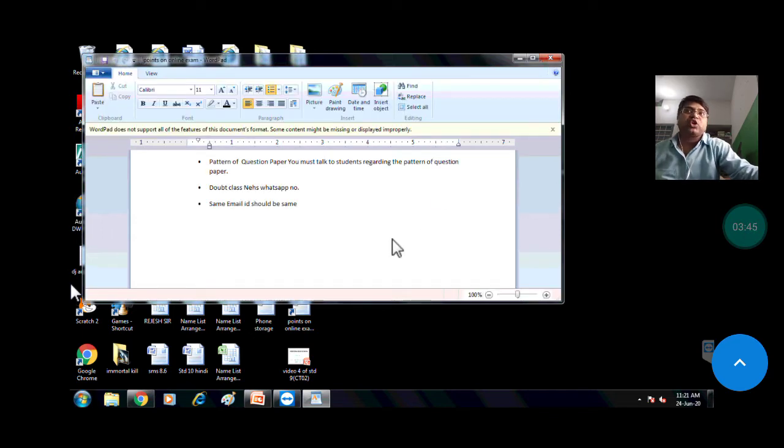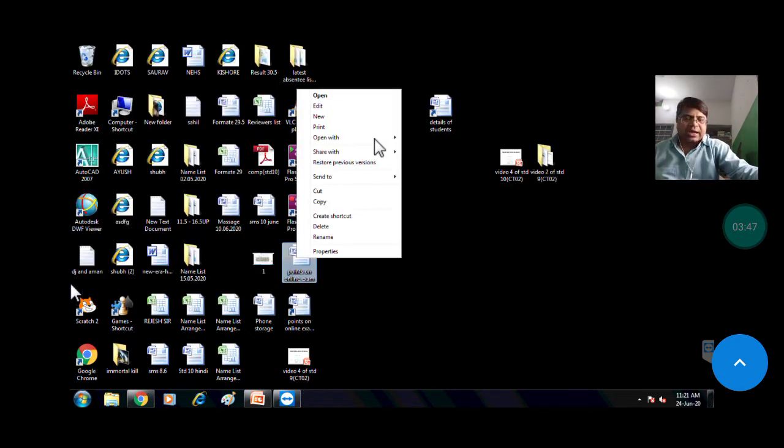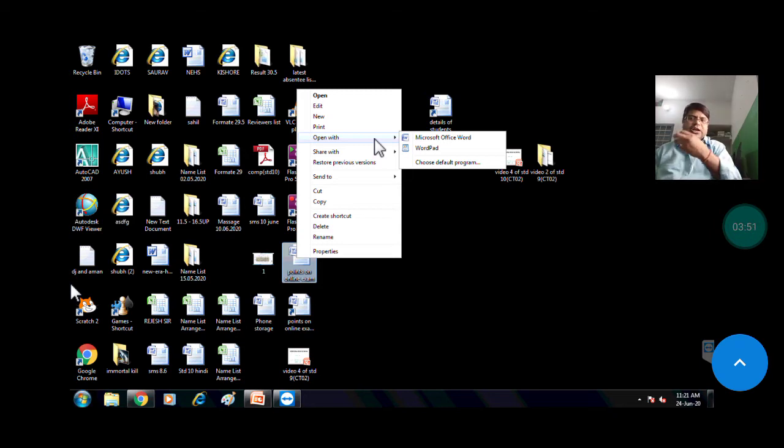But when you try to open this in other software like CorelDRAW or MS Paint, you will not get all the information which the file has. So please keep it in mind. You must check which application to open for this file.